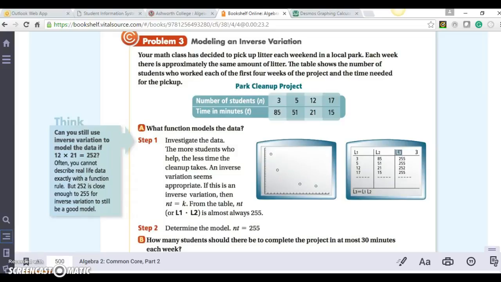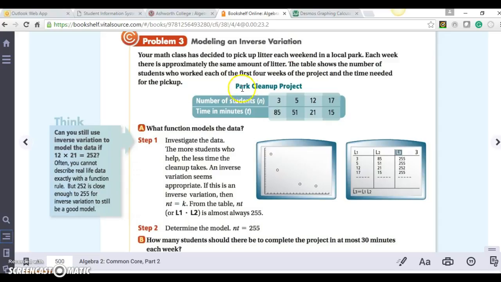Good morning. We're looking at problem 3, modeling and inverse variation. It says your math class has decided to pick up litter each weekend in a local park. Each week there is approximately the same amount of litter. The table shows the number of students who worked each of the first 4 weeks of the project and the